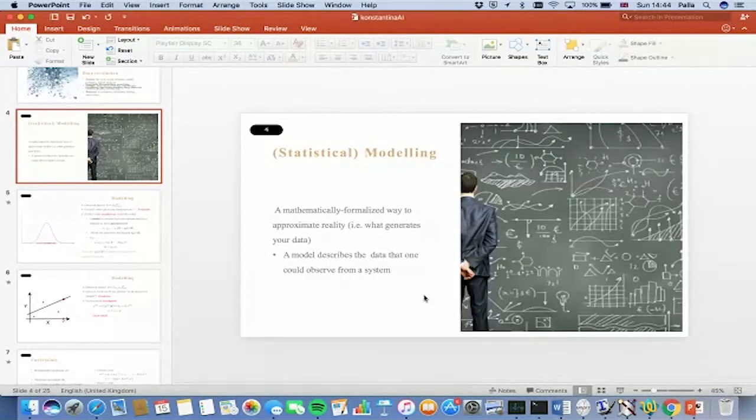Under that notion, a model is a definition of the data generating mechanism using mathematical terms. In simpler words, when I define a model, I use mathematics to explain how the data is generated.